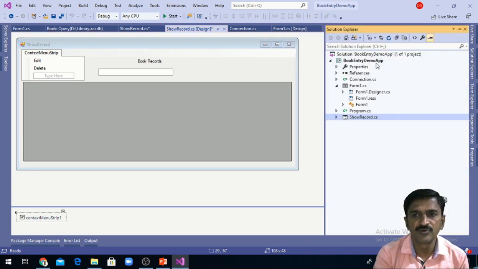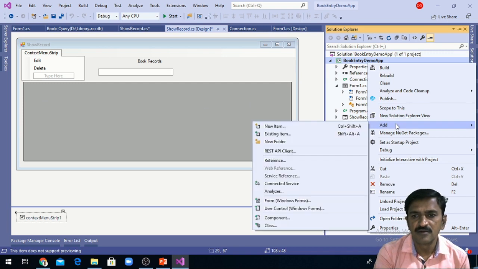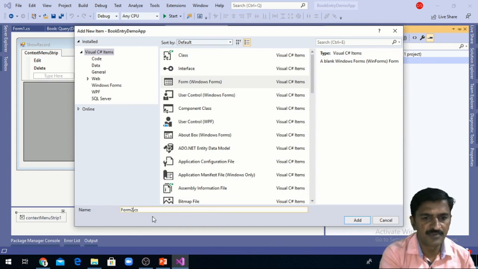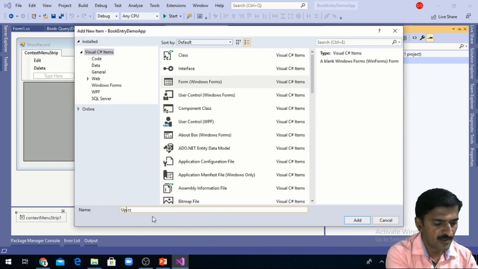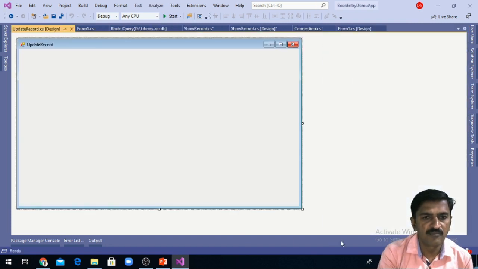So I am moving toward the solution explorer, adding the new form, specifying the form name as update record. Then after adding the form in the project, a form will be added.